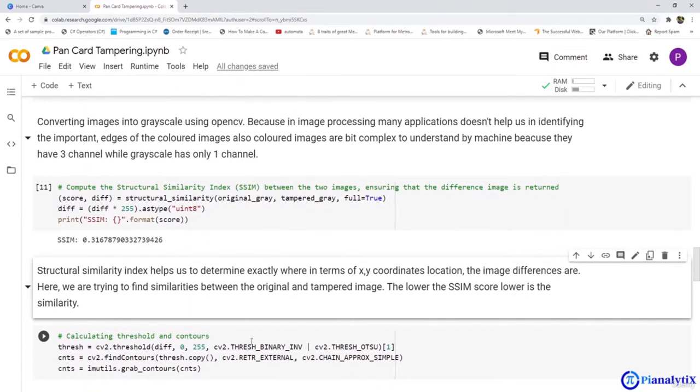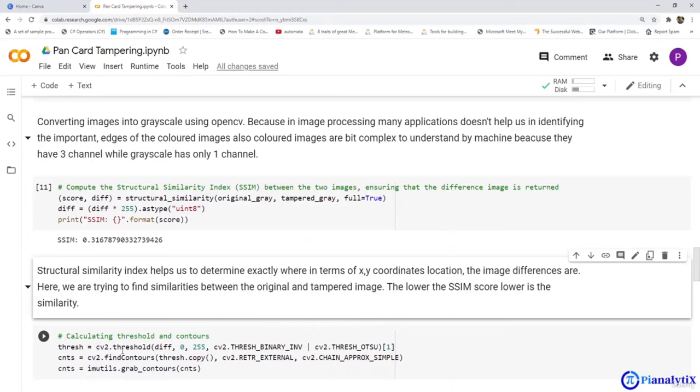So let's find out the threshold and the contours of the images. In CV2, all these functions are predefined. You don't need to worry about them. So we'll start with cv2.threshold and find out the threshold of the image. Similarly, we'll find out the contours of the image using the findContours function. And these contours are then grabbed by the imutils grab_contours function.